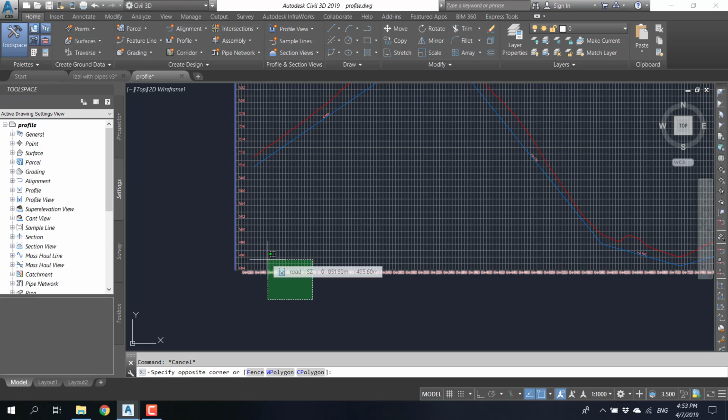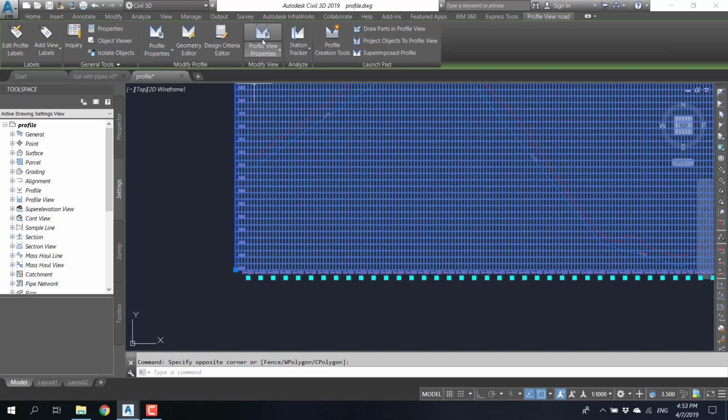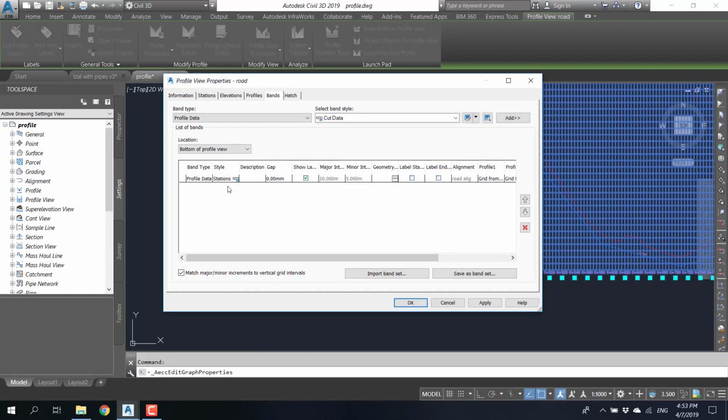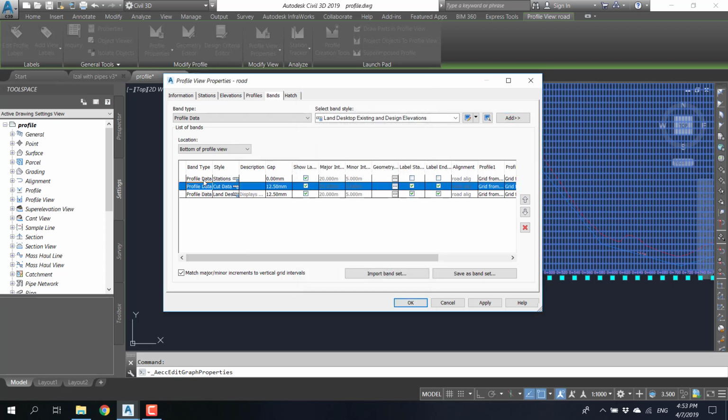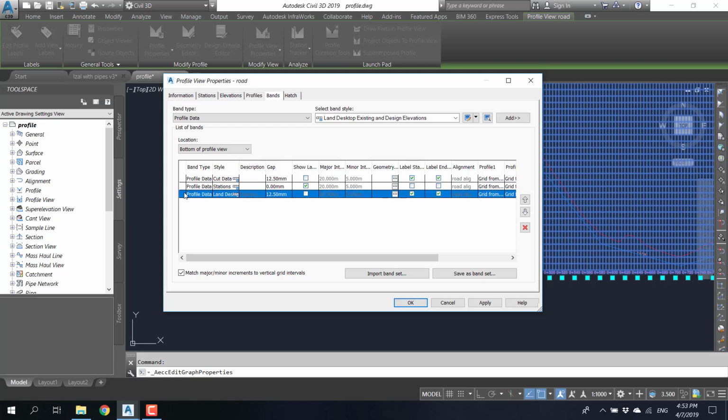Select the profile. Press on Profile View Properties. Here are the bands that we have now. We can add multiple bands or remove bands from here. Let's say I've added the cut, fill, land, anything. Okay. We can also change their order. For example, I want the cut data to be in the first axis or line, and I want to move the land